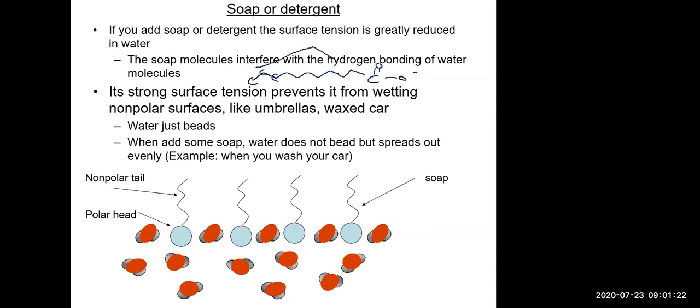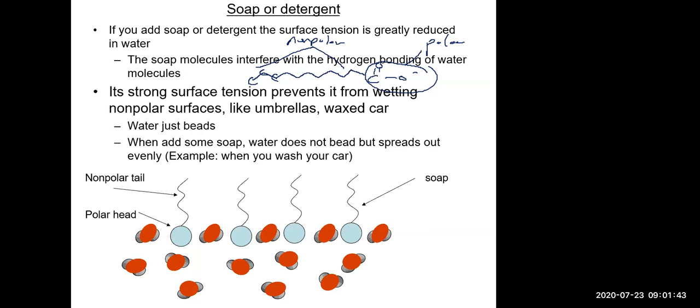So soap usually has this nonpolar part, and over here, it has a polar part, which is sometimes referred to as the polar head, and the nonpolar tail. And basically, when you put soap in, it interferes with this hydrogen bonding that occurs with our water,